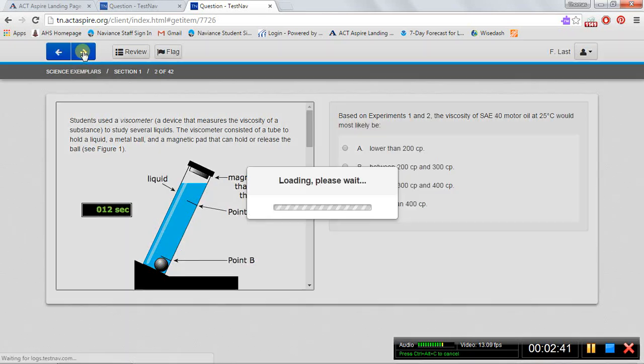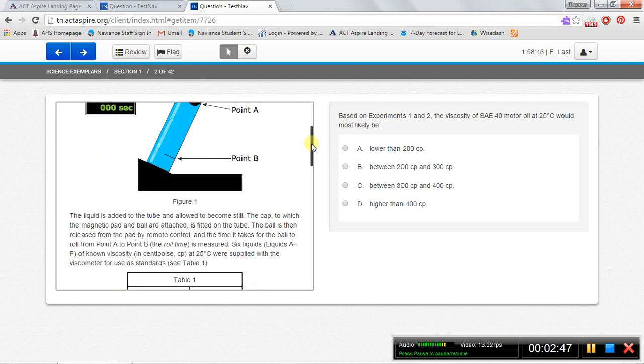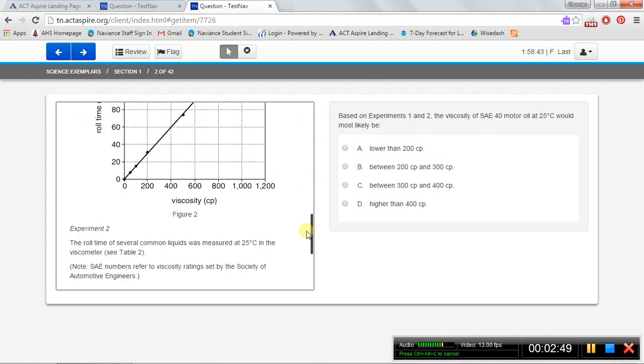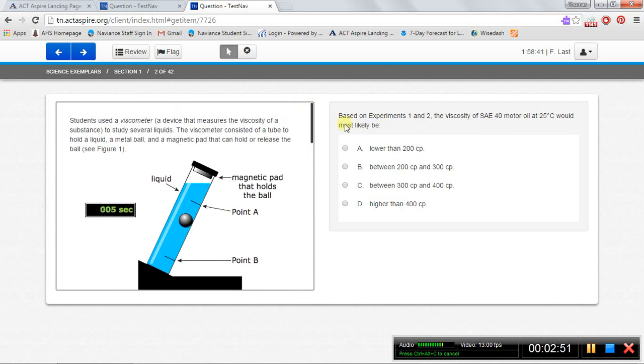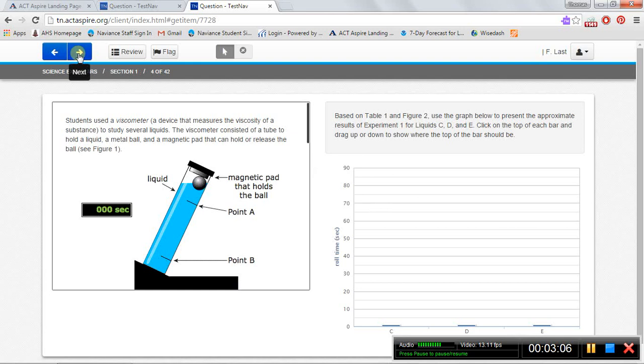So you go to the next, and it'll take you to the next question. If you notice, when I clicked on that arrow, the left side of this screen did not change. You still have the same information on the left side. The only thing that changed is the question itself. So they're asking you now another question based on the same set of information that they gave you from question number 1. So as you go through, you'll notice that sometimes the information on the left stays the same, and other times the information on the left